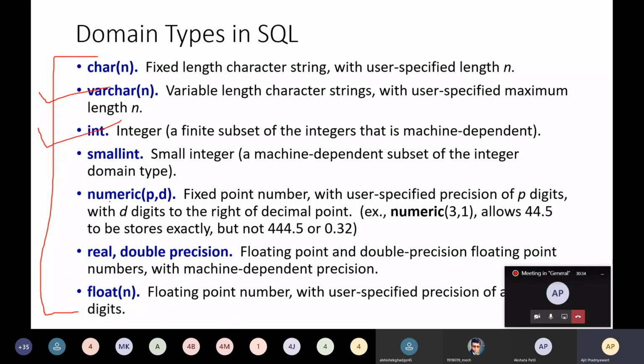If you want to store the salary in floating point you can make use of float, and if you want small numbers you can use smallint. If you want numeric, real, or double precision, you can make use of those data types. Once we come across that particular attribute we will understand all these domain types in SQL.